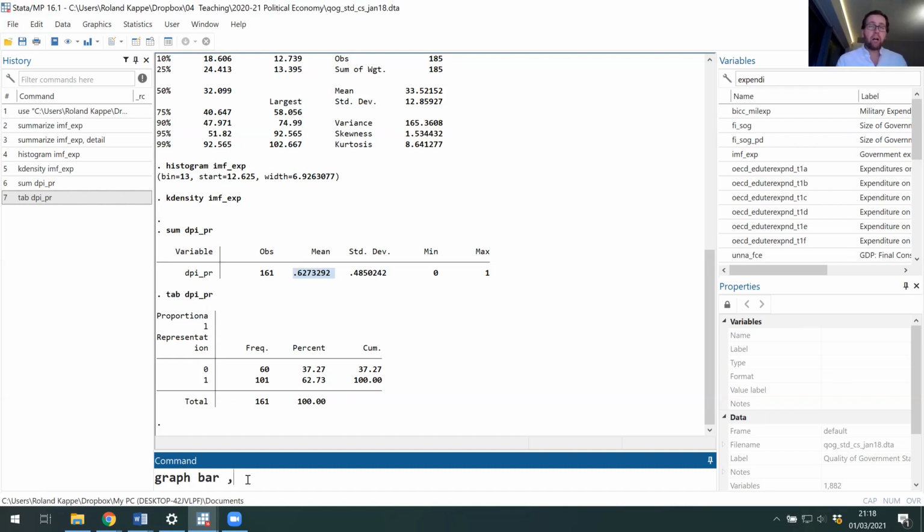So we have to do a comma, and then we have to do an over. And then we have to attach parentheses to the over, and into those parentheses, we type the variable that we're interested in, dpipr. That's really annoying, and I understand that that's not so nice, but this is how the command works. So graph bar comma over, and then in these parentheses you put the variable name, in this case dpipr. So we hit enter on this,